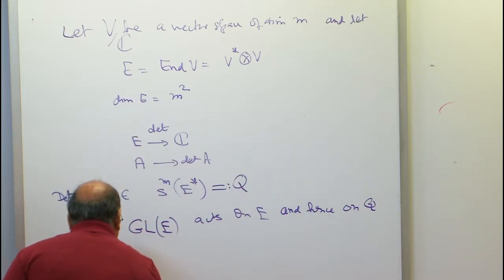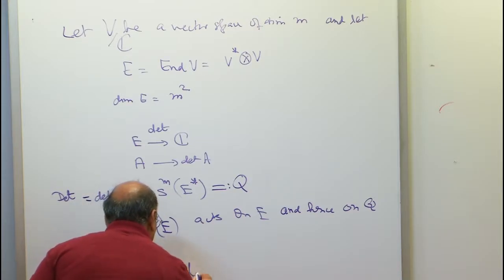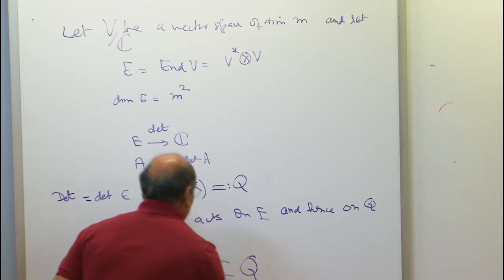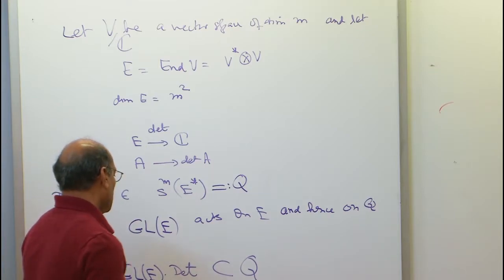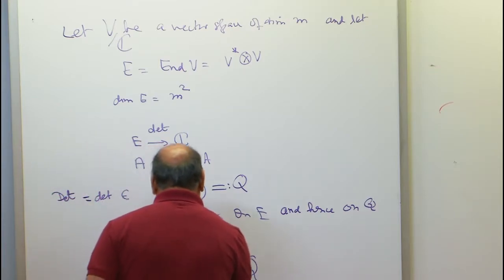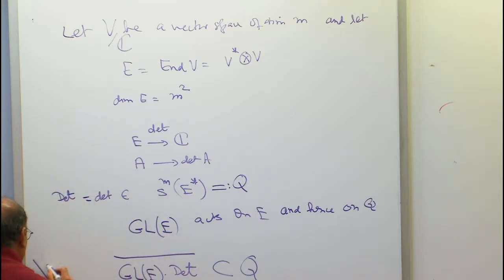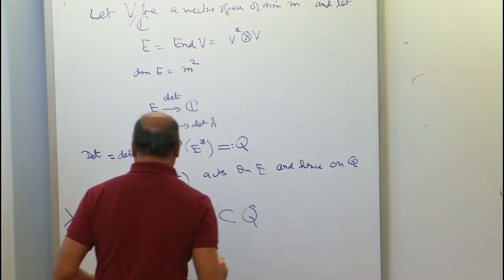So I can take the GL(E) orbit closure of this determinant function. This is a subset of Q, not a vector subspace, but some variety in Q, and I can take its closure. This is going to be one object, which I will call X det. So that's one object. The other object is